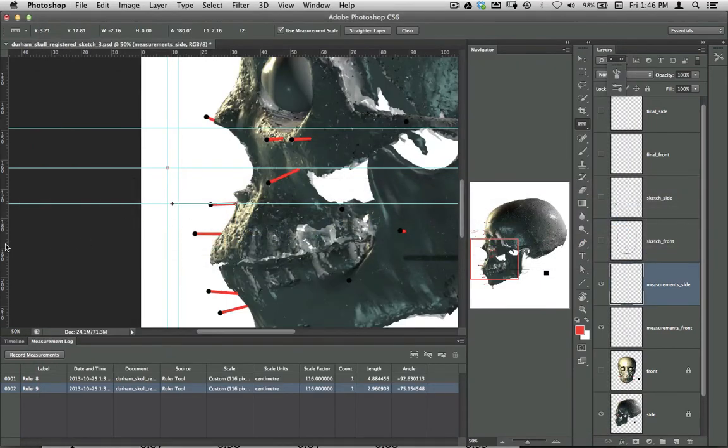I'm just going to pull another line over here, another guide, sorry, get my brush tool, and so we've got that point. If we project it up, it would be something like that. So it looks like pronasale is going to be somewhere in the neighborhood of this. And if we continue to look at what